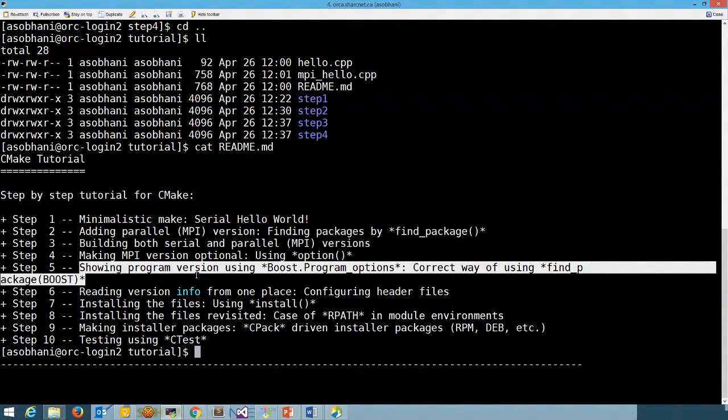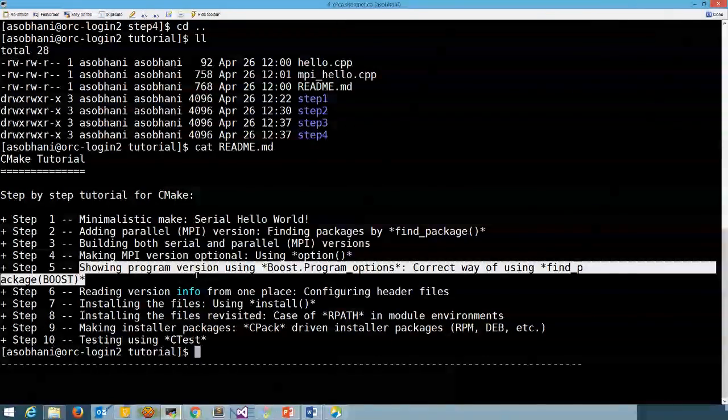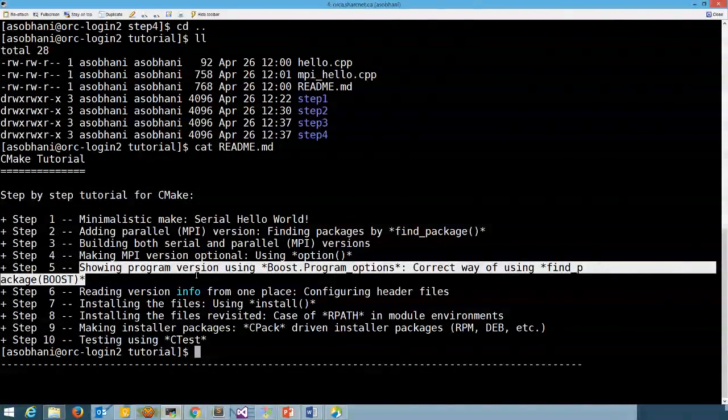Boost program options is really powerful, and it's like using a shotgun to kill a fly for this case. But because we are going to demonstrate how we can find a library with also linking necessities, that's a good case scenario. So here